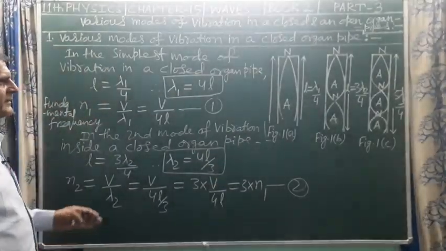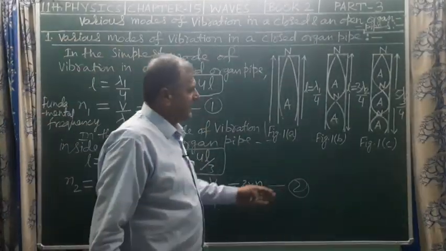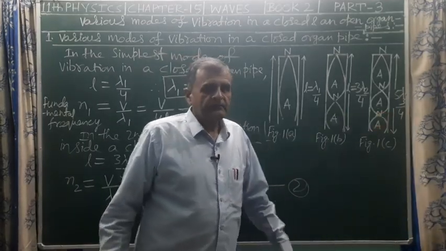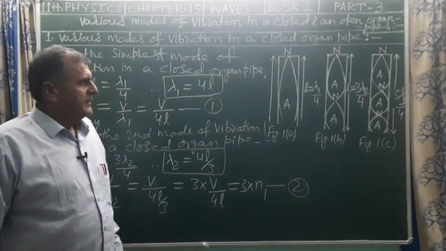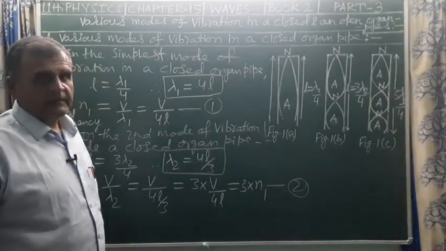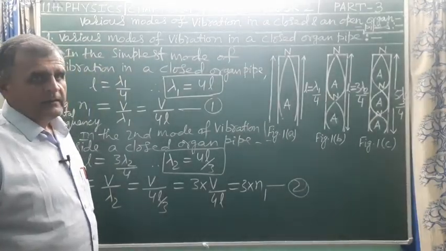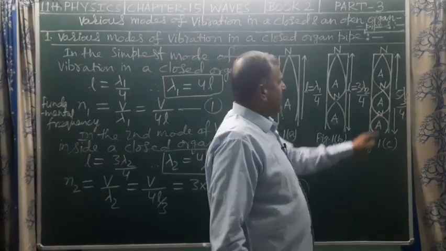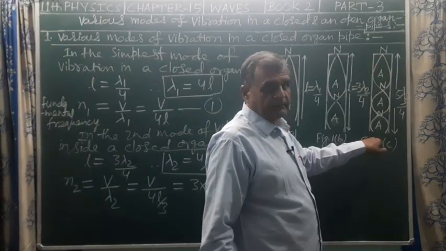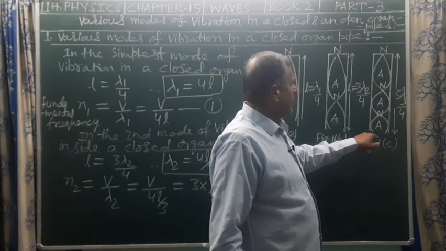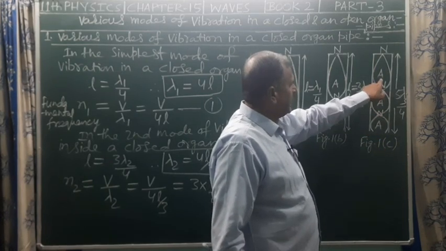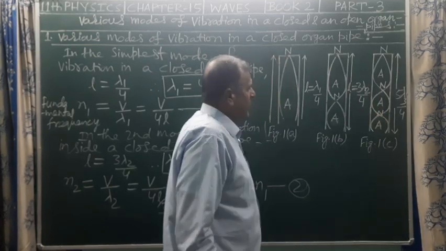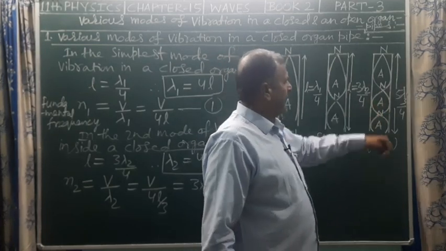Now we have to discuss the third mode of vibration inside a closed organ pipe. In the third mode of vibration in a closed organ pipe, there are 3 nodes formed inside the tube, while also 3 antinodes are formed. Therefore, length of the tube is